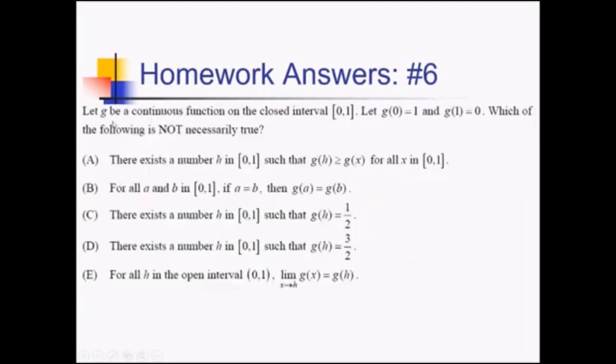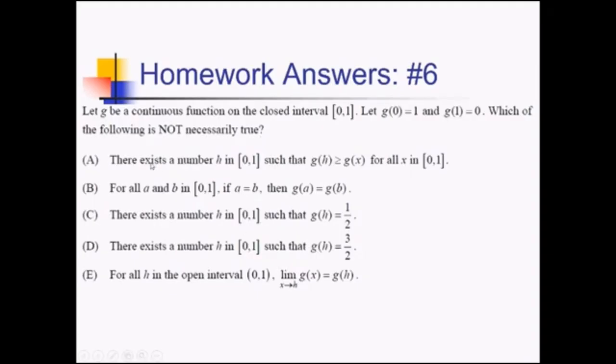For this problem, we're saying that g is a continuous function on a closed interval from 0 to 1. g of 0 is 1, g of 1 is 0. Which of the following is not necessarily true? So there's a whole bunch of things that we're going to be able to prove are true then. Only one of these is not